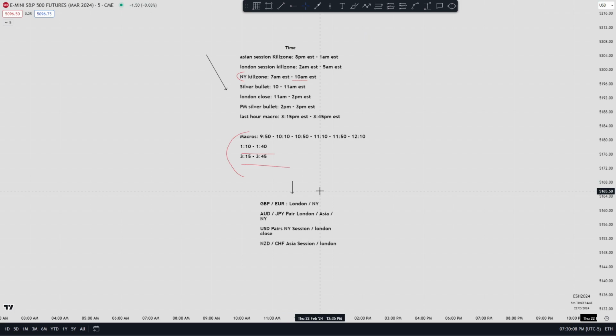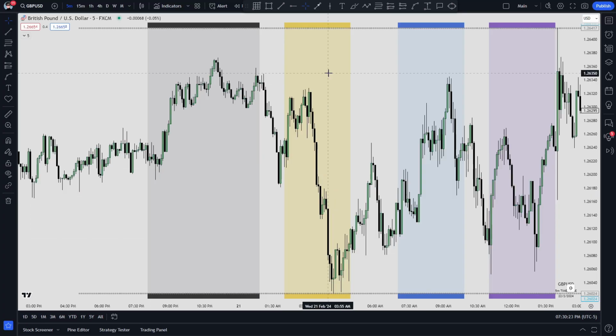So it's important and imperative that you trade your pairs according to the time zone that is most convenient for them. And here we have a depiction for the Asia session, the London session, the New York session open, and then the London close. This is for GBP USD. Remember what I told you guys, right? It would not make sense to trade the Asia session for a GBP USD pair because the Asia session is not convenient for them. The Asian session is not convenient for the British pound or the dollar.